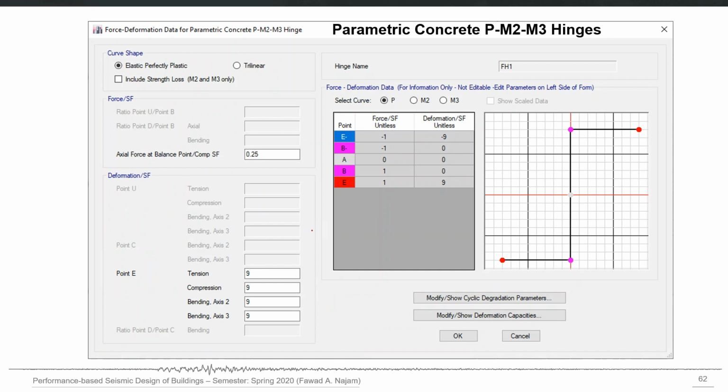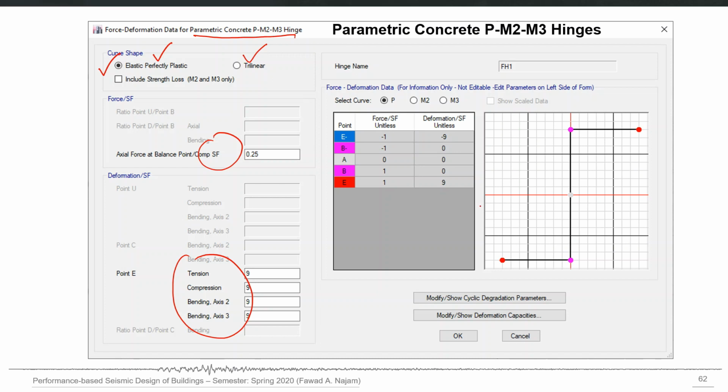So for PM2 M3 hinges, this is the form for defining. This is for the parametric concrete option, and you first have to select the shape of the curve, and then again the same parameters, and the program will automatically plot that action deformation curve based on whether you go for elastic perfectly plastic or trilinear, and all that the program will do automatically.